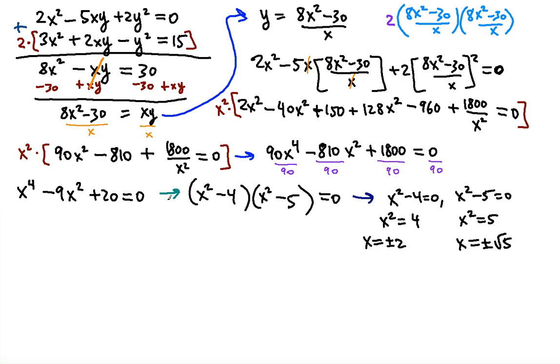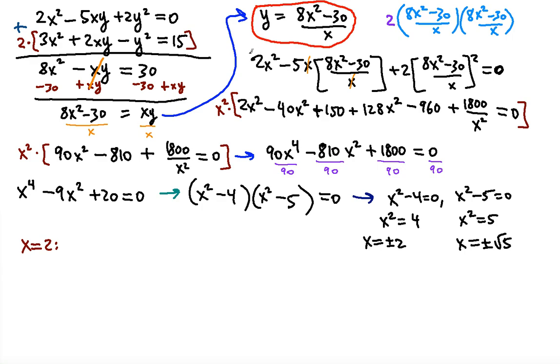Now, to find the y, which equation would you use? I would use this equation to find the y, because we already have that in terms of x. You see? You don't have to plug it into the original equations. That would be a waste of time, and that just would be too much, right? You want to use this equation to solve for y in terms of x, because now you know the x's, right? So let's see. When x is equal to 2,